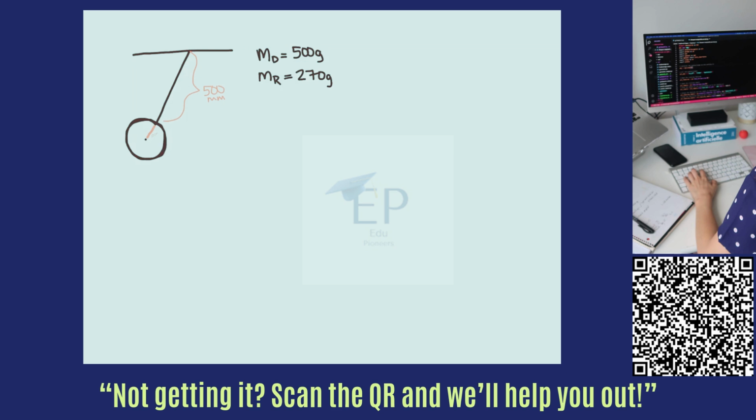There are three different moments of inertia that we are going to have to calculate in order to find the total inertia. The first portion is the inertia of the disc itself rotating about its center. We'll call that inertia 1, which is going to be 1/2 the mass of the disc times the radius squared. The second portion is the fact that the disc is rotating a distance of the radius plus the